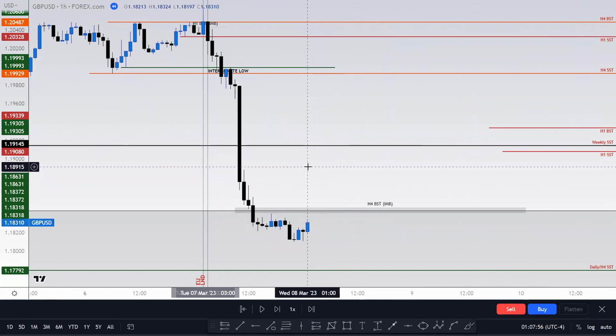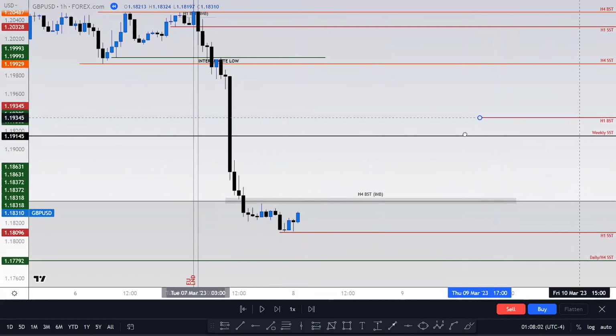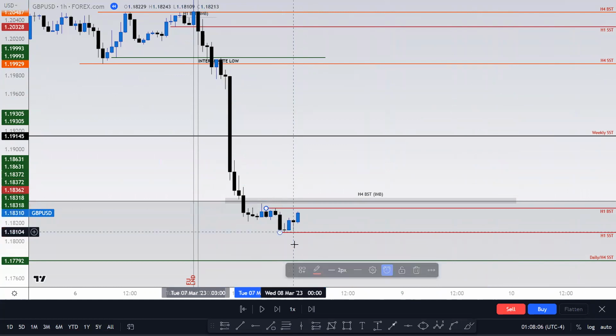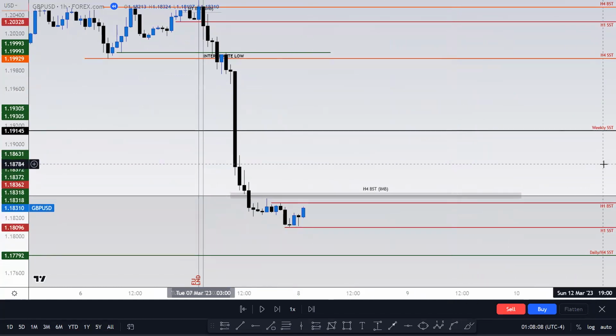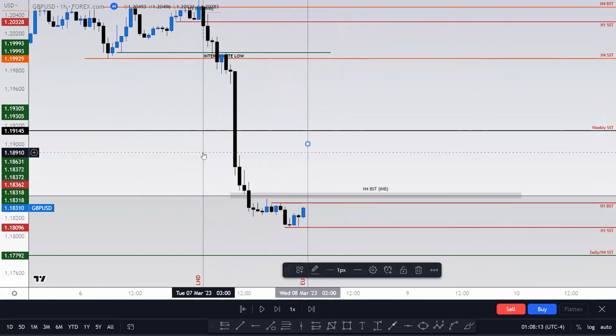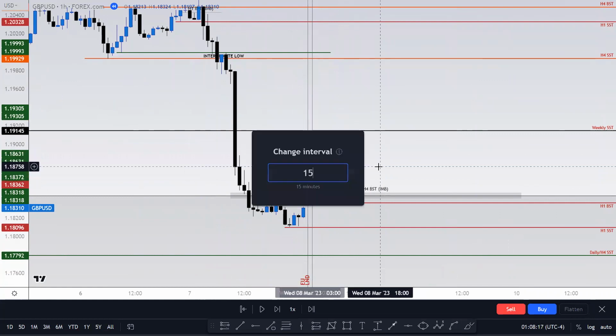Right now, just before the 2 a.m., I'm just going to move my lines back to where the initial levels were. So this is the next draw on buy side, and this is the next draw on sell side. And then if I just take this EU line to 2 a.m. and the London line to 3 a.m. Okay, so if I go to the 15 minutes now,